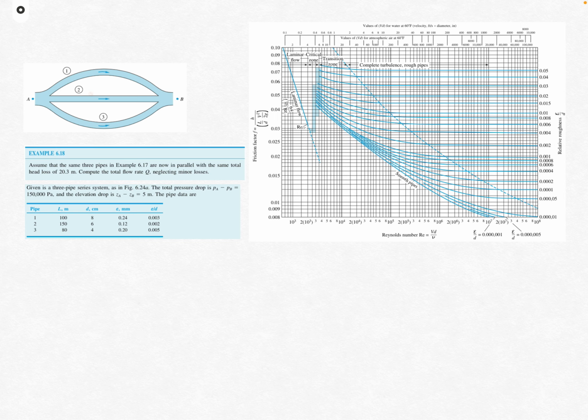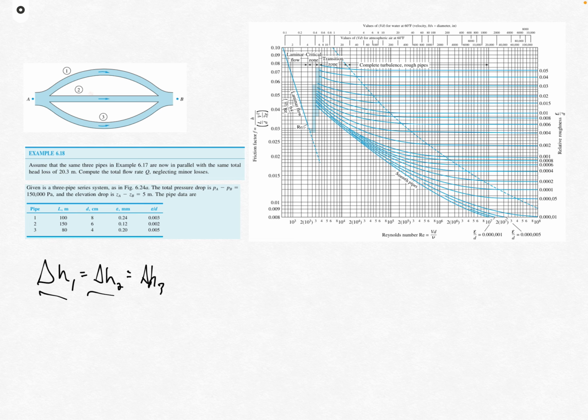And the first has to do with the head drop across the system, in this case from point A to point B. And what we'll see is that because these three pipes are all starting at point A and ending at point B, the only way for that to be true is if delta H1 is equal to delta H2 is equal to delta H3. And we can think of that as being true because this change in head across pipe 1, 2,